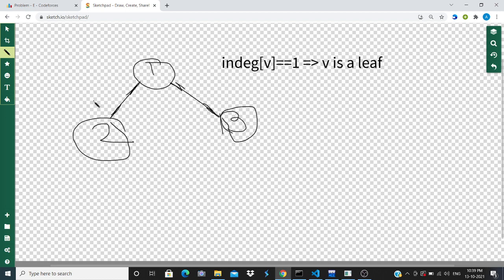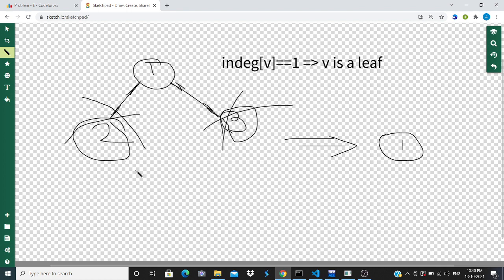Applying the operation one time will remove these two leaves, and we will be left with a single node, which is 1. So we can just do this k times because we want to apply our operation k times.